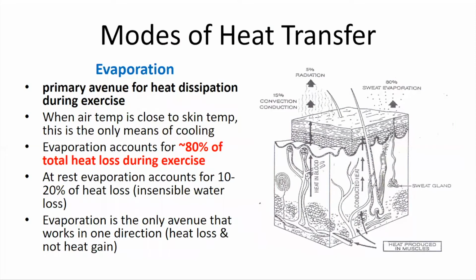So basically what evaporation is, is sweat, and then as the sweat evaporates or dries from our skin, it provides a cooling mechanism. And this is our primary way of heat dissipation during exercise. So evaporation accounts for 80% of total heat loss